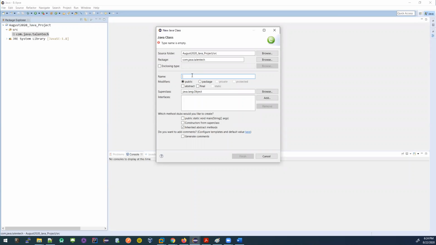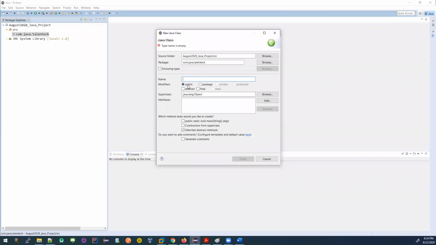What is camel case? Camel case means if you have two words. If I'm giving the name of this Java file, this is my new Java class file. If I want to give a name, if I'm saying my Java file, how many words are there? Three words, right? My Java file. By the way, you cannot even use white space, okay? White space is also a special character. You cannot use space. But I'm just showing you. I have three words. My Java file.